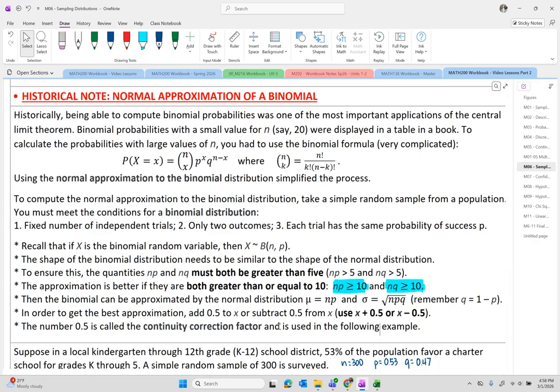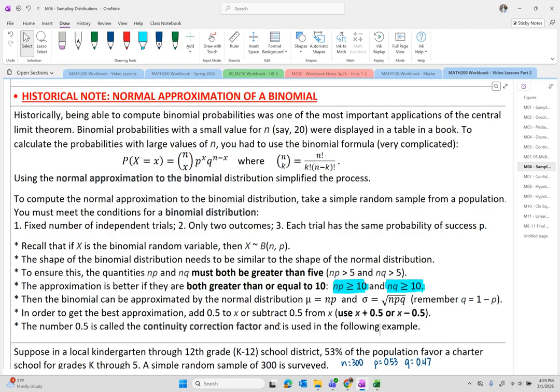In this video, we will conclude our review of the central limit theorem, and we will look at a historical note in the sense that we no longer need to use this method since currently we have technology that pertains to finding binomial probabilities. A long time ago, when technology was not available, binomial probabilities had to be computed by hand. That included the very difficult binomial formula